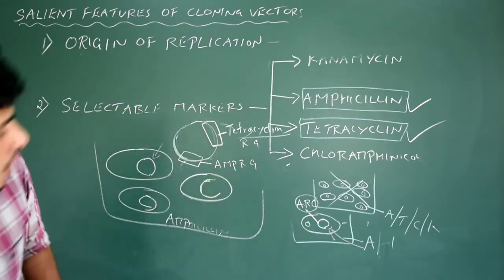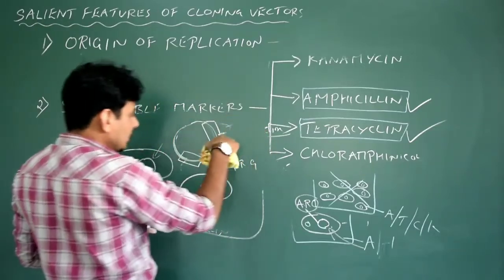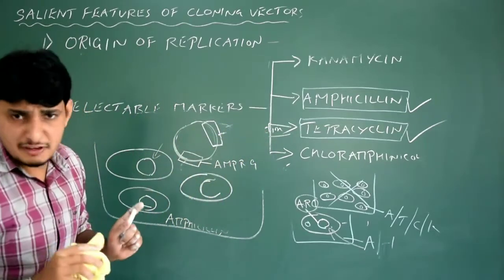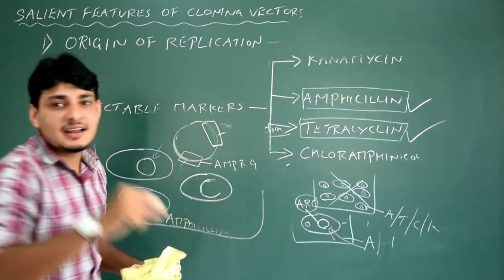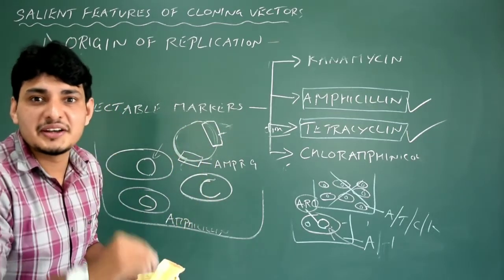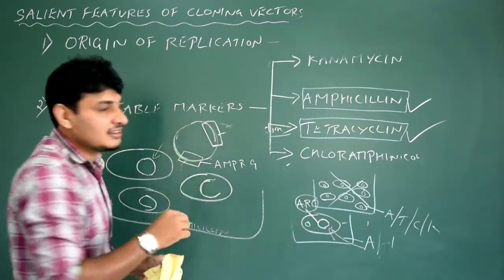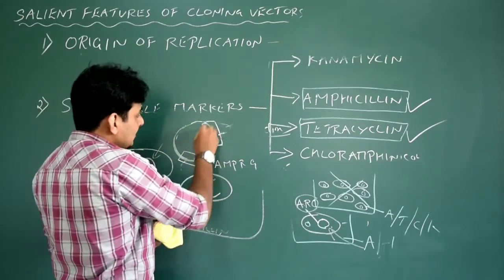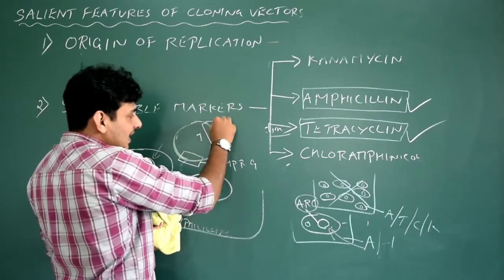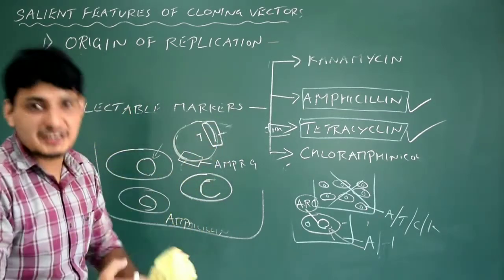During the construction of this particular recombinant DNA, let us assume that I am going to treat this with a specific type of restriction enzyme, and the restriction site is situated exactly where the tetracycline gene is situated. Note this point, exactly where the tetracycline resistant gene is situated. So this is the tetracycline resistant gene segment. Exactly here the palindrome sequence is situated. That is the way we construct it.